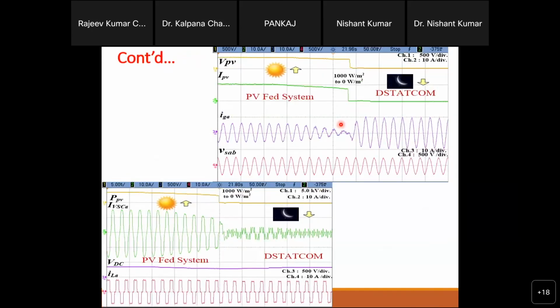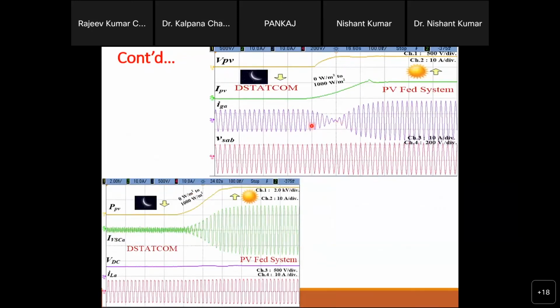Okay, so this is the day to night mode. You will see similar operation during the night to day mode, when the morning comes and the system operates again. The same thing happens in the night time: the nonlinear currents are generated through the DSTATCOM, and the load takes them. This grid current is only according to the load. But here is the mode change, when the PV power starts coming, and then during the daytime current is going into the grid.